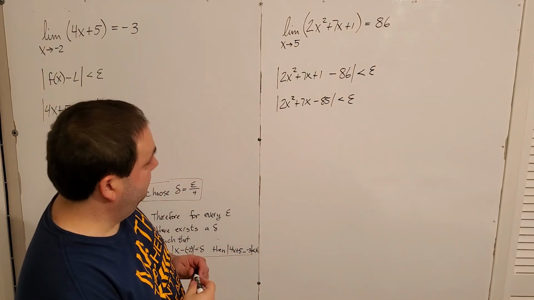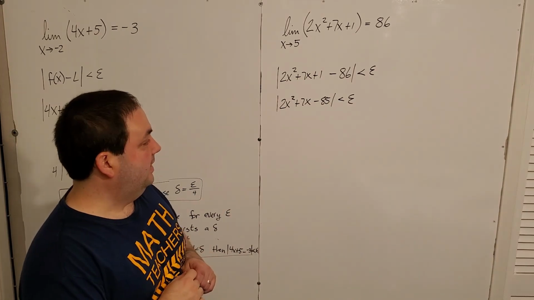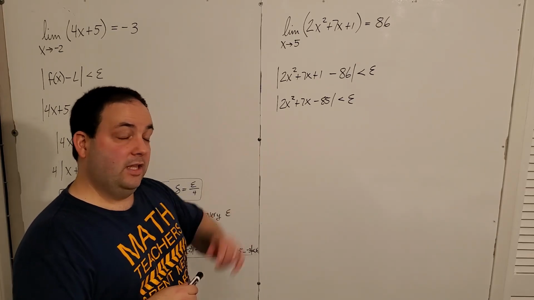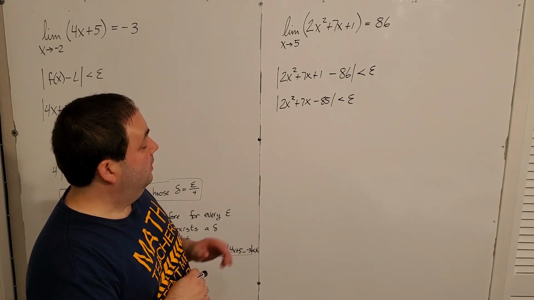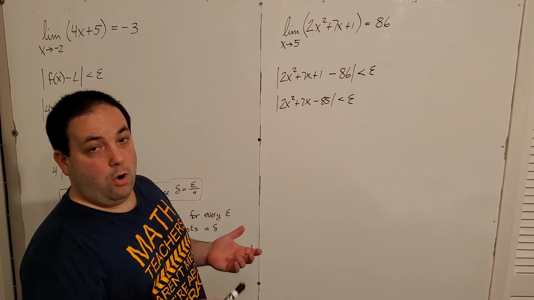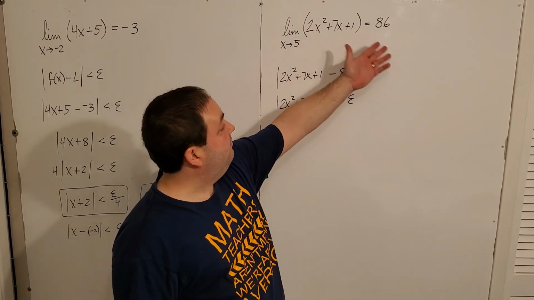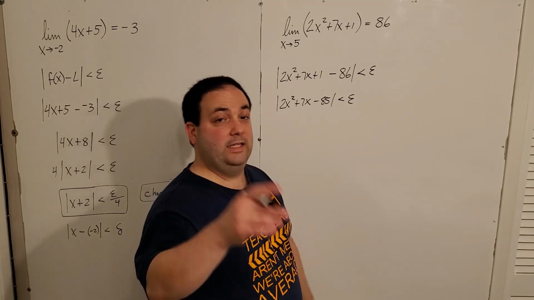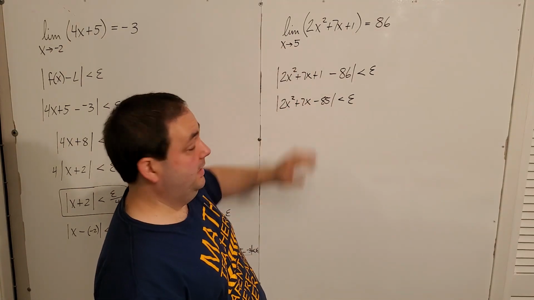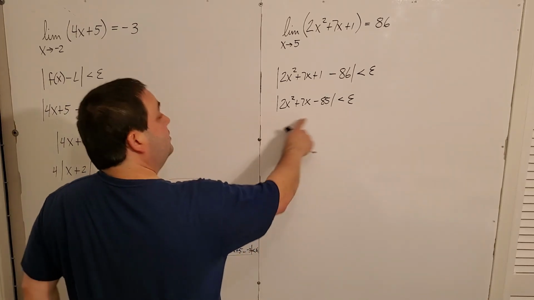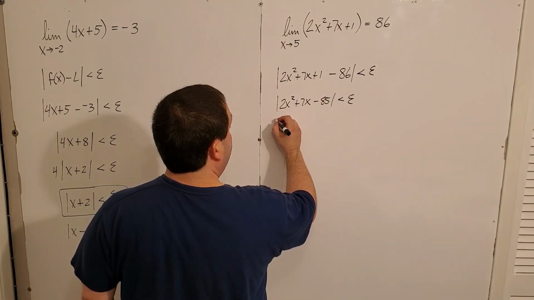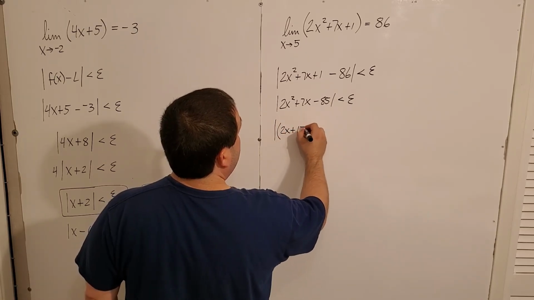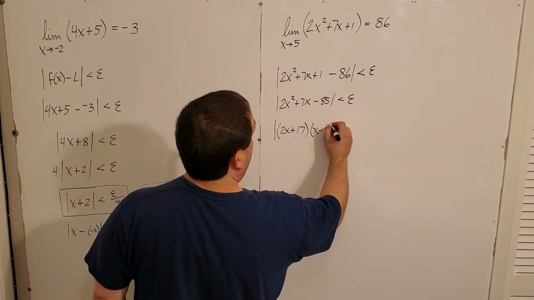Now here's the cool thing. With all these polynomial functions like this, and the way our remainder theorem works, okay, if you need to look that up, I have a lecture video in college algebra if you're interested in remainder theorem. But because of the way our remainder theorem works, if you have the correct limit value here, then what you get as a result here should be factorable. And it should be factorable with the piece that we're interested in, okay? As a matter of fact, this one does factor into this, the absolute value of 2x plus 17 times x minus 5,